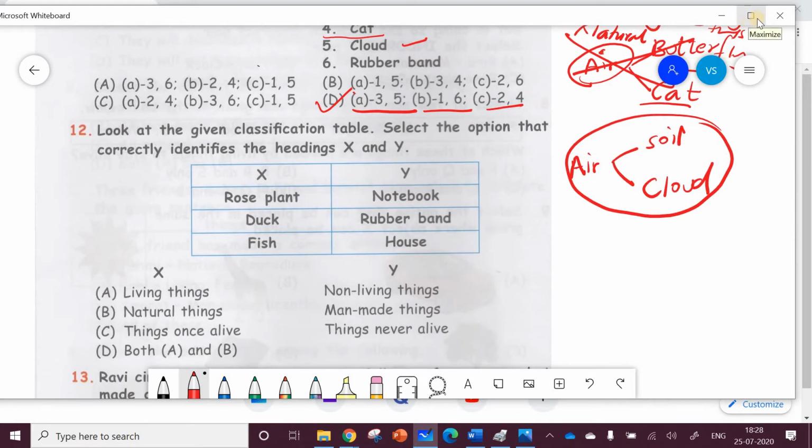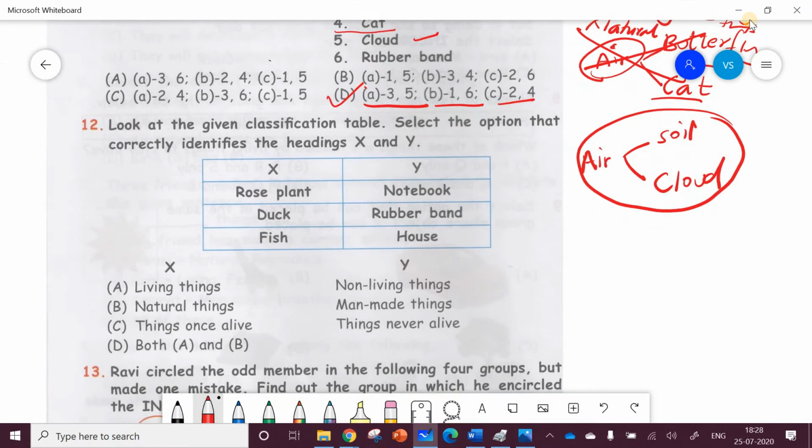Those of you who are watching this video, this is the second video that we are doing. We have already done one basic video where we have explained in detail what were living things, non-living things, natural things and man-made things. Avnish, would you like to throw some light on what are the two types of things? Not living things and living things. All right. So again, things are divided into two, which is living things and non-living things. And non-living things are further divided into two categories. Which are the two categories? Natural things and man-made things.